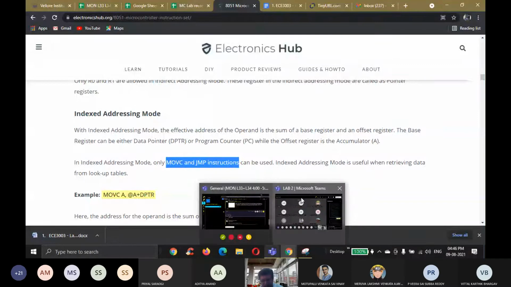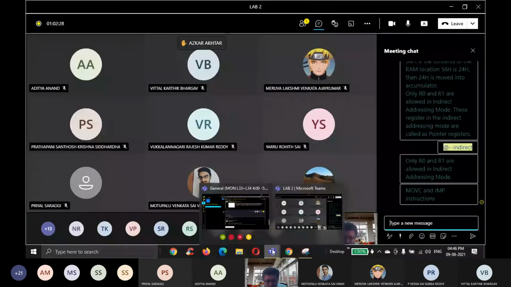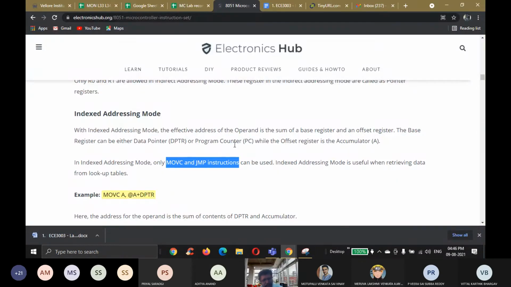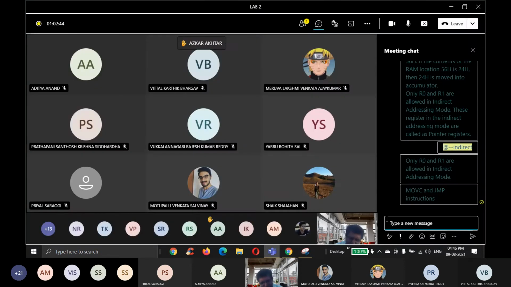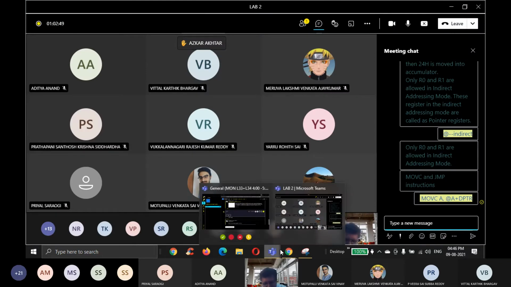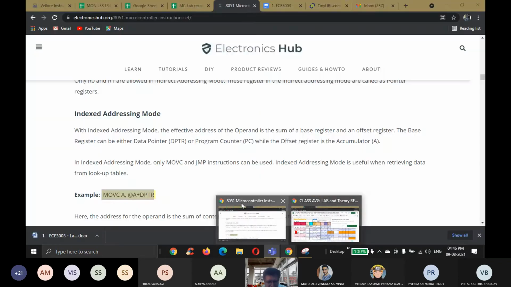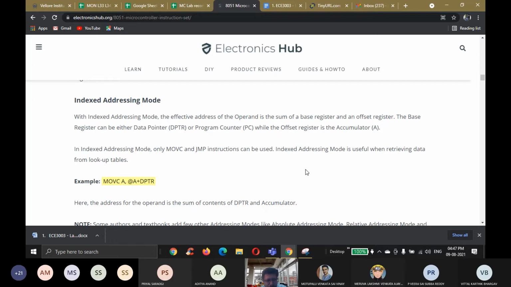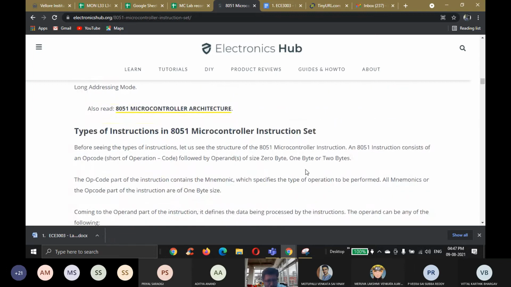Okay. So in this mode, if you have the operations, we will be having a DPTR and program counter. Only these two will be accessible, and the address symbol is A plus DPTR. So I will explain later what it means. Just note down; during the program, then only you will understand. When you are programming with respect to DPTR, you will understand this concept. You just note down that indexed addressing mode is there with DPTR and PC. Okay.